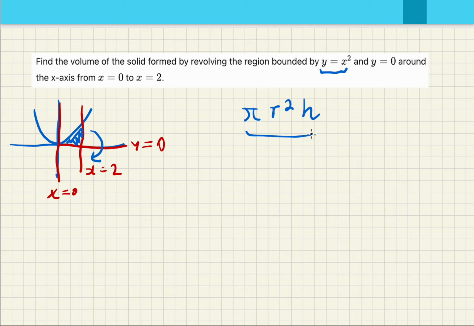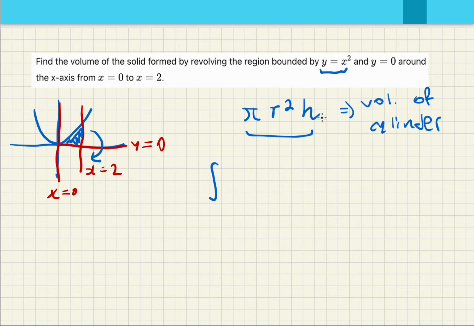That is the volume of a cylinder. And so using this concept and this equation, if we break up this figure into infinitesimally small pieces, or in other words, integrate this,